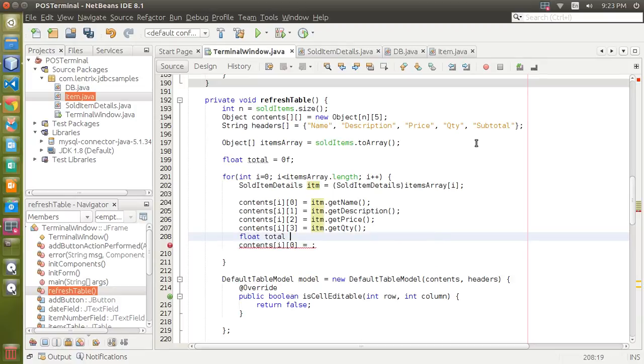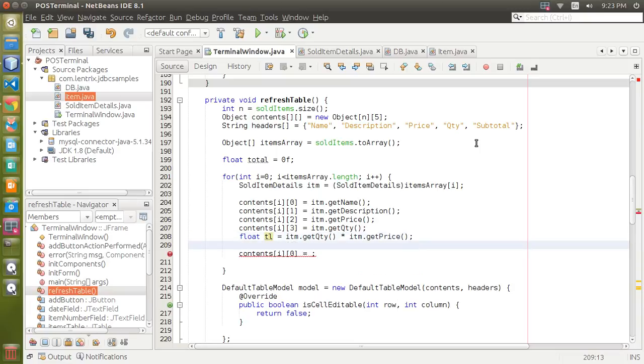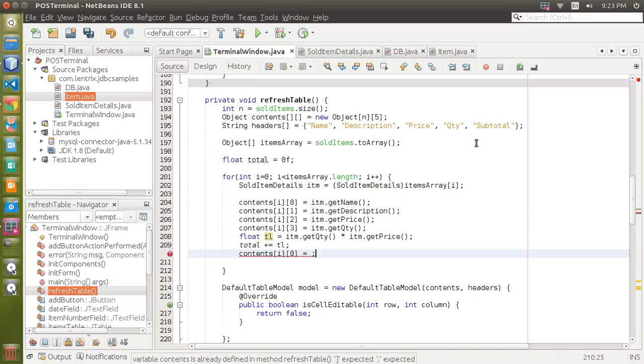Float TL is equal to that, and what we need to do is total plus equals TL. This will be simply TL,